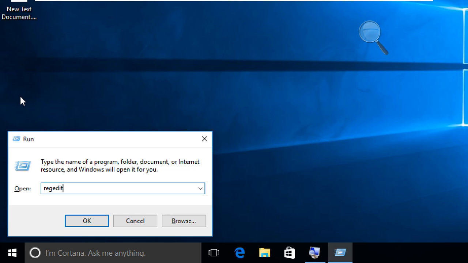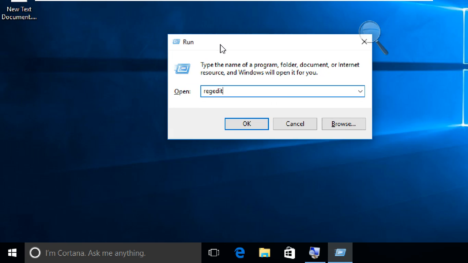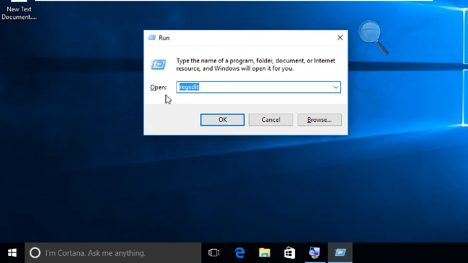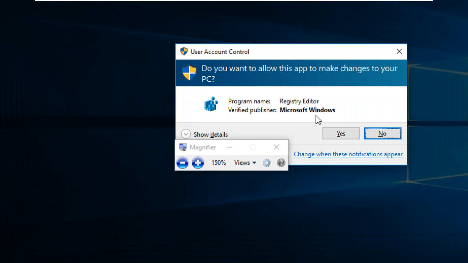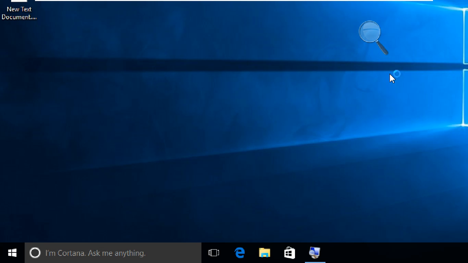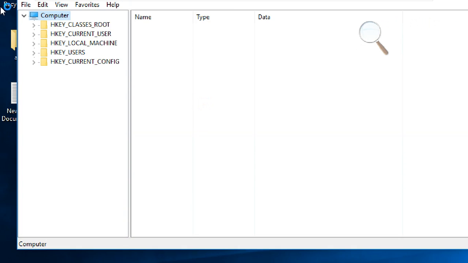If the letters are small, I will put it in caps, better. Reg edit, that's it, no spaces. Click OK, and it is asking for the registry editor. Yes, click on yes, then it opens.